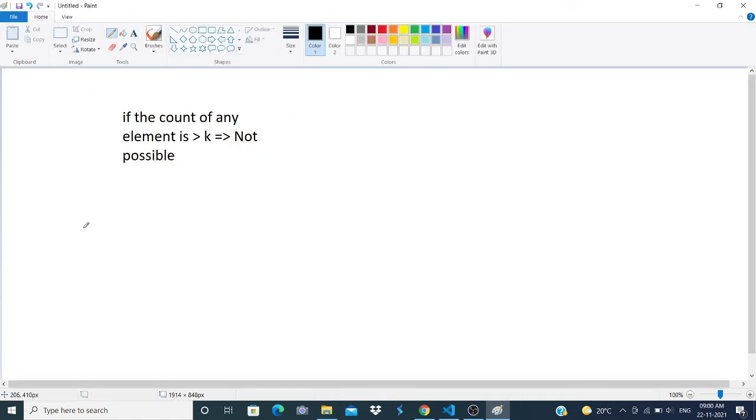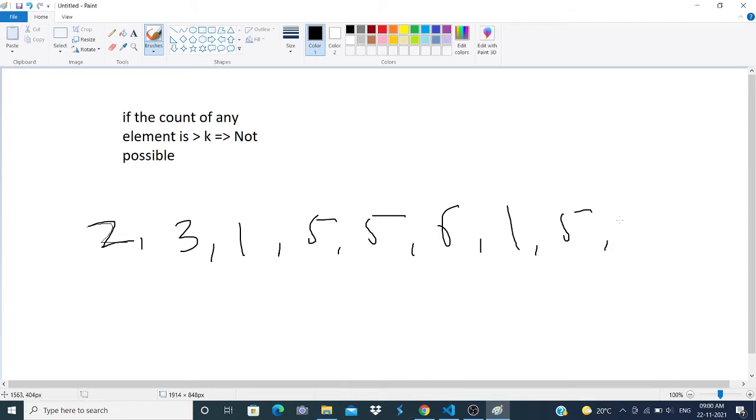Let's say you have the elements like 2, then 3, then 1, then 5, then 5, then 6, then 1, then 5, then 2, then 5, right. Let's say you have this sequence, and let's say k is given to be equal to 4.